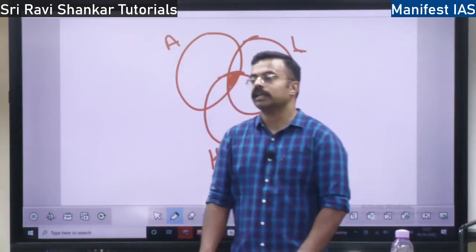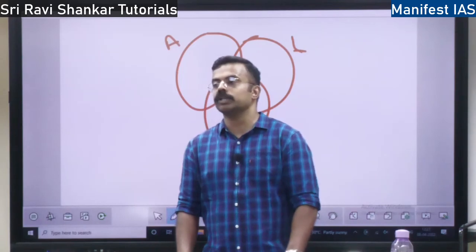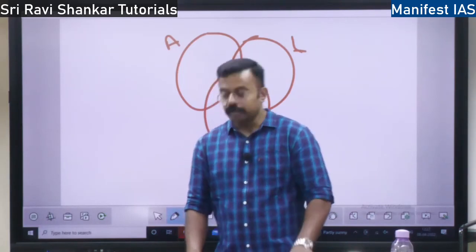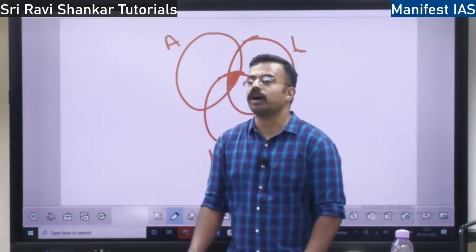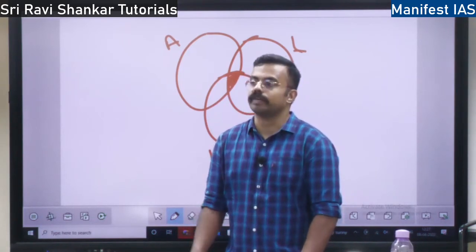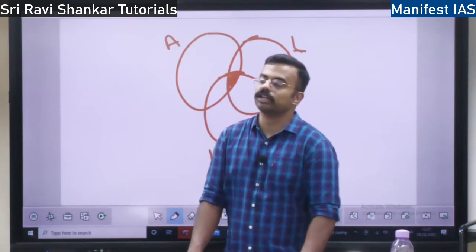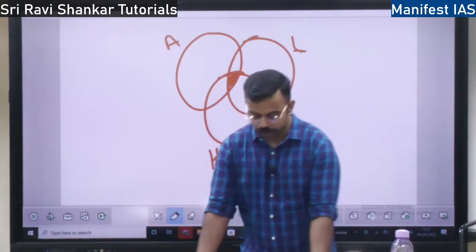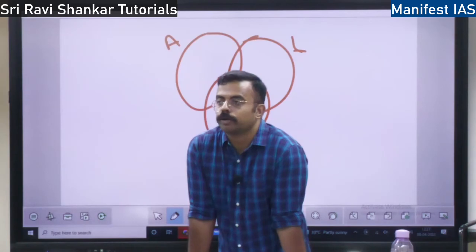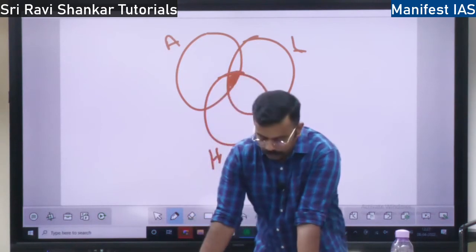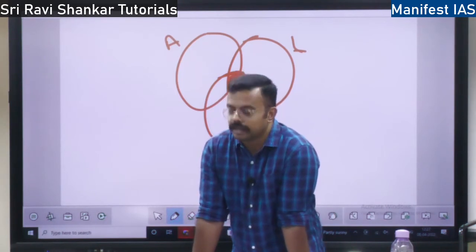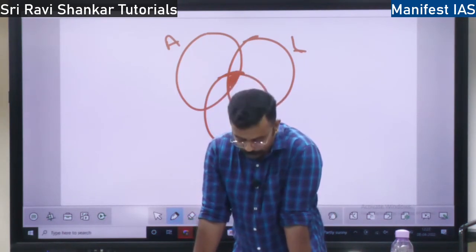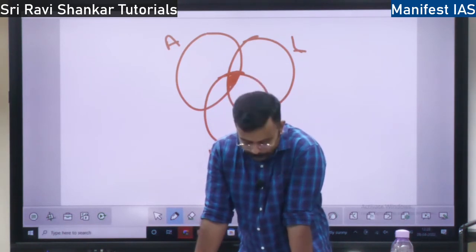So on what factors is the biosphere divided into biomes? Based on climate and vegetation. Climate, vegetation, soil and animal life. Based on what animals are there, what soil is there, what vegetation is there, what climate is there. Based on that, the biomes are divided. So no two biomes are alike. If there are two biomes, no two biomes can be similar, right? So what is the factor which divides the biomes? It is the climate. Climate acts as a dividing boundary between the biomes, right? Climate and the temperature and precipitation.